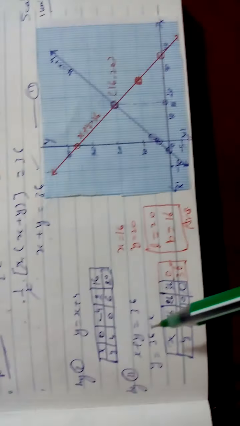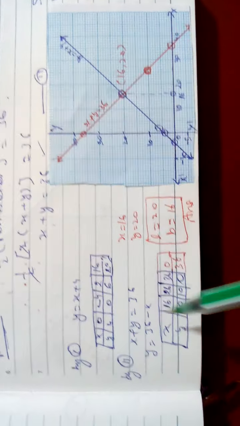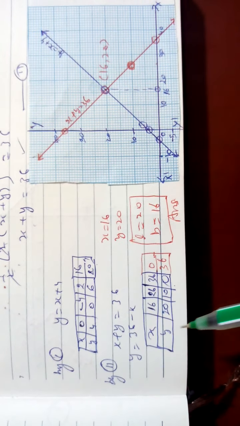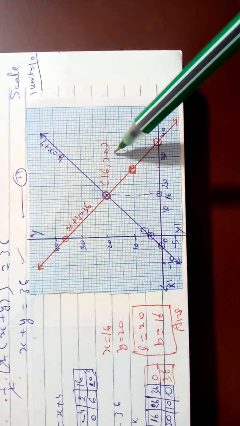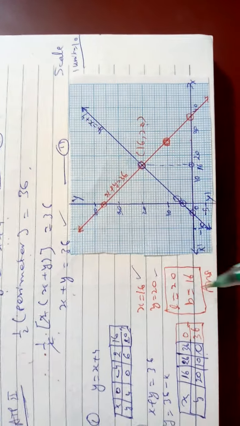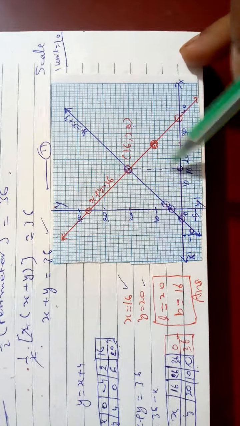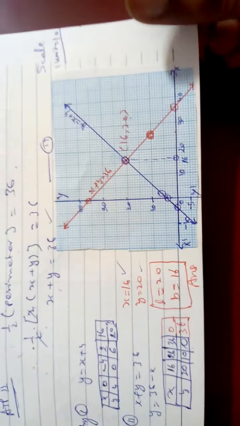Both you solve graphically. So I am putting y equal to x plus 4 from the first equation, putting x values. Here many solutions I have got. Here also I have got x plus y equals 36, and trying to put the values in multiples of 4 or any values. So here both are intersecting at 16, 20. So 16 is the value of x and 20 is the value of y. So x I have taken as the breadth. So breadth is 16 and length is 20. Directly you are getting 16 and here this is the 20 and it is 16.